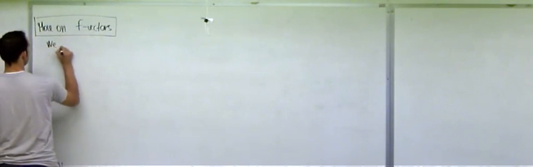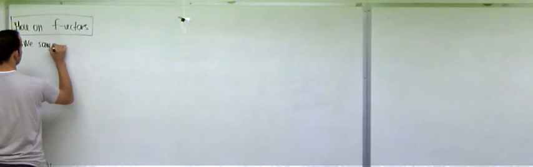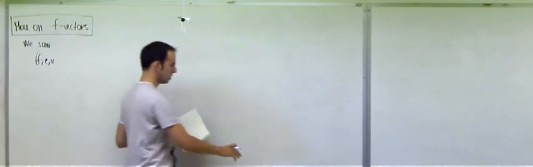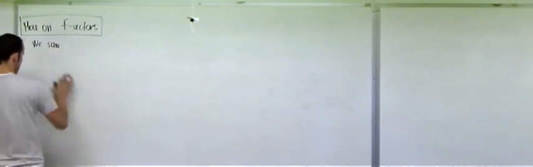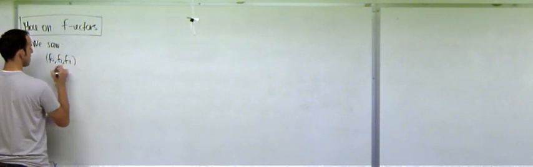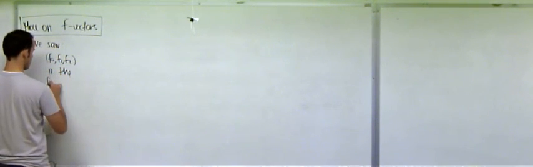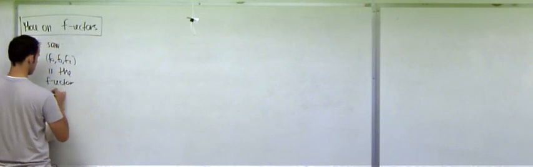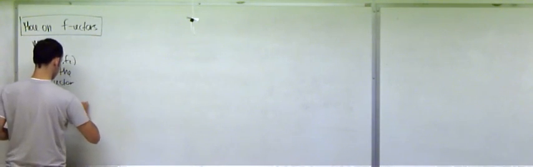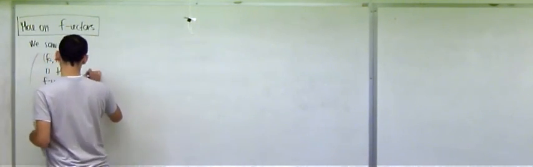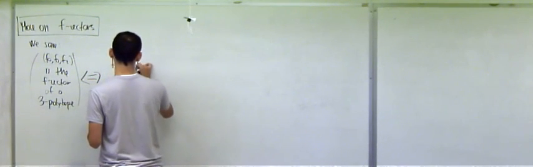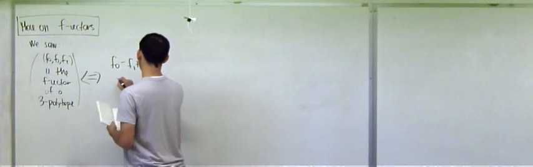So we saw that, let's say it like this, f0, f1, f2 is the f vector of a polytope. This we fully understand, right? So the conditions are f0 minus f1 plus f2 equals 2. And then